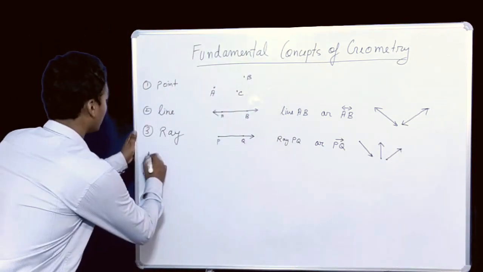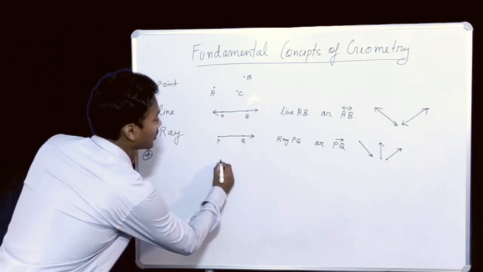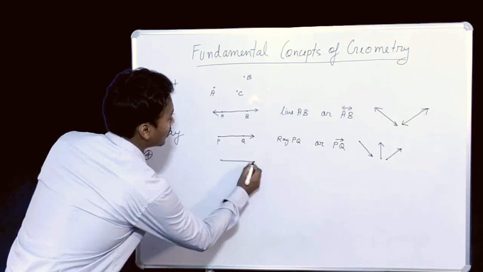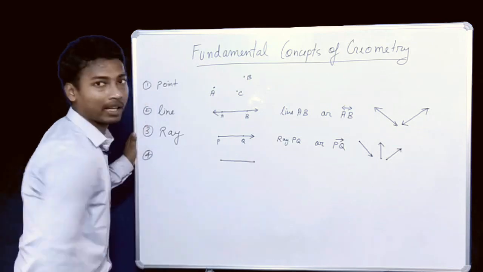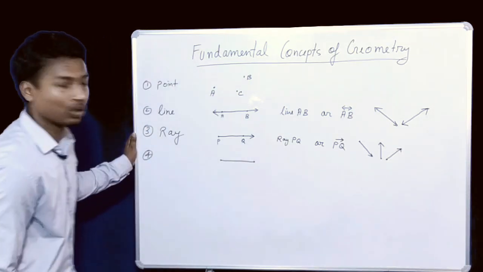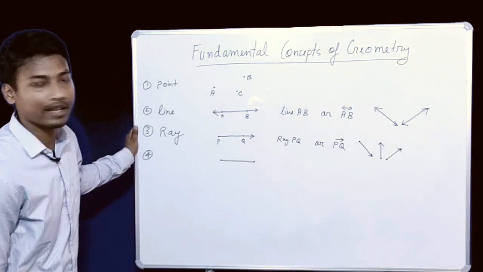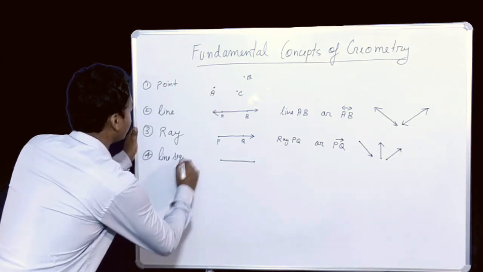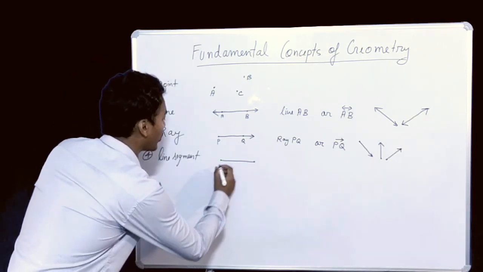Next, now if I choose a starting point and then I stop the collection of points at some point, we have a starting point and an end point. We can call this the starting point and this the end point. So this shape is called a line segment, where you have a starting point and an end point.